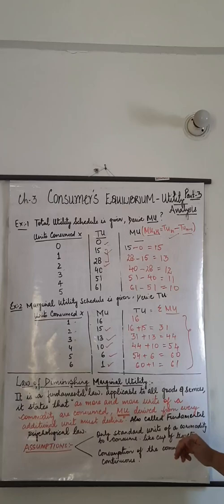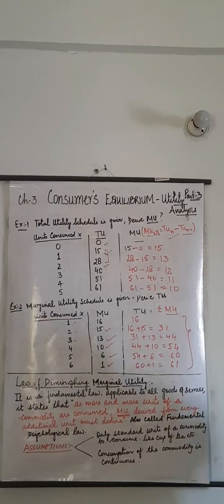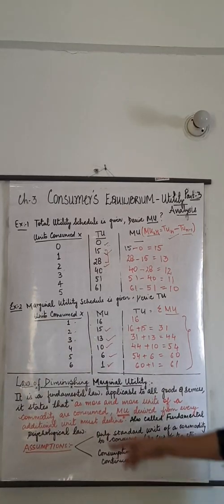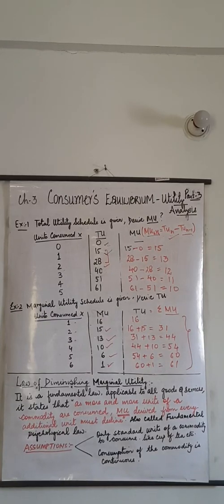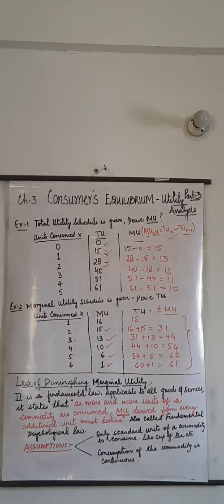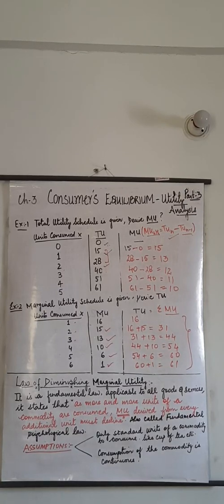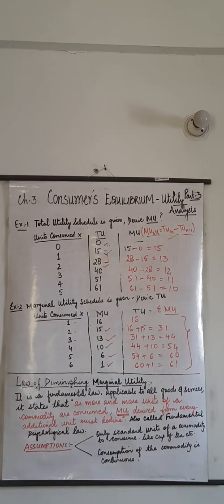Now moving ahead to another concept and another law, that is the law of diminishing marginal utility. Students, it is similar to what I have explained about marginal utility. I have told you earlier, when we consume a thing, its satisfaction level tends to decline with every additional unit of this. If you remember, I gave you an example of a glass of water.